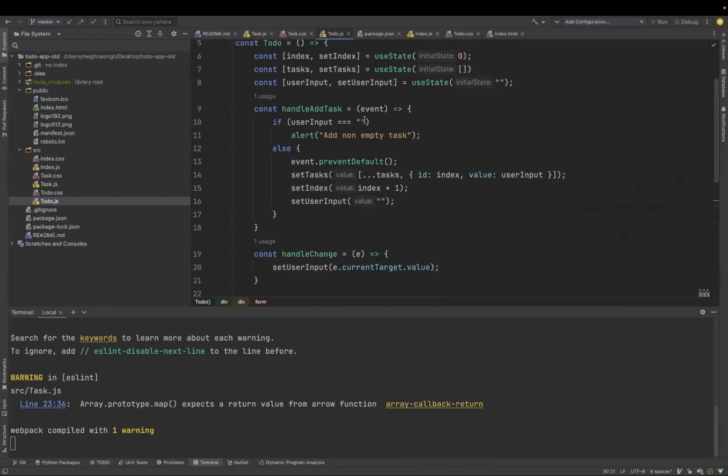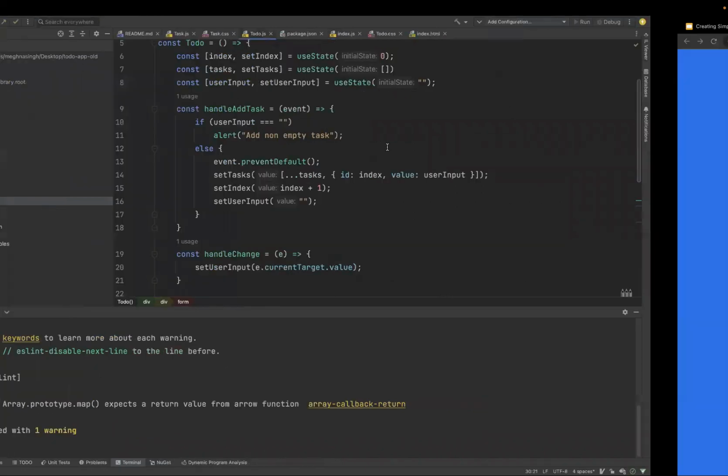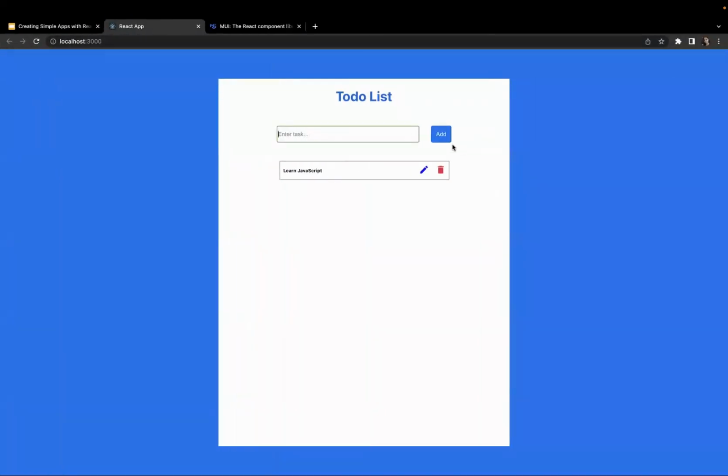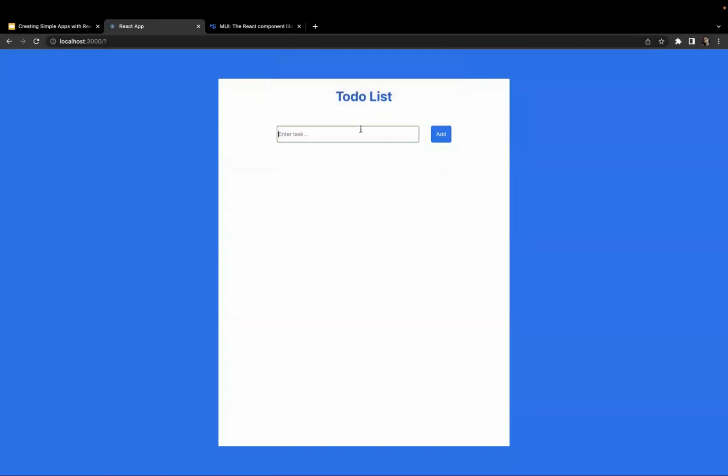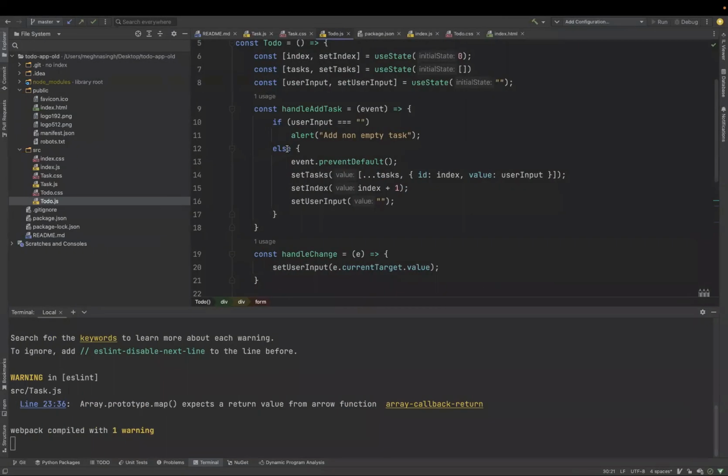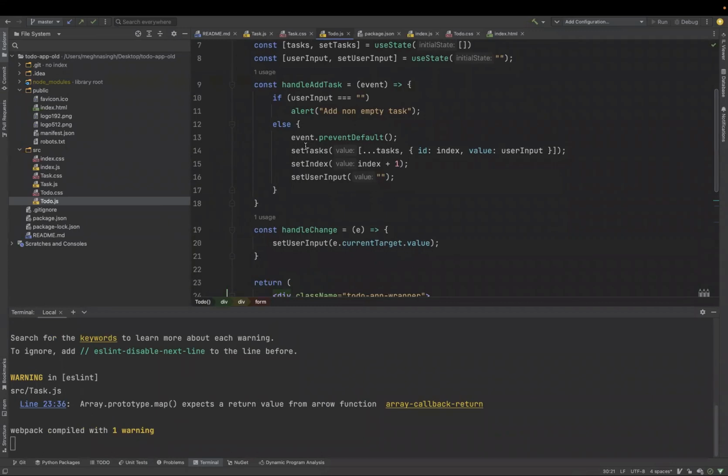And if it is empty, then we alert as add non-empty task. So suppose this is empty and I'm clicking on add, it alerts me that add non-empty task. So then I can add something else. And then in the else block, it is like setTask. We are using a spread operator here. I've written ...task. So why are we using this? This is because